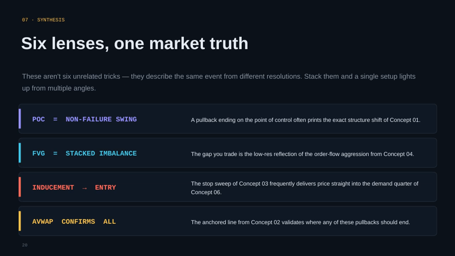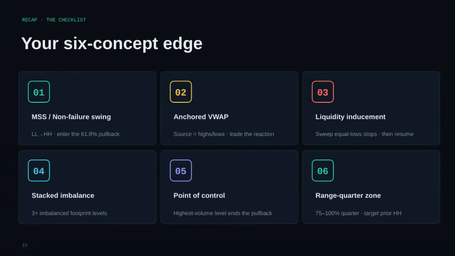These aren't 6 unrelated tricks. A pullback ending on the point of control often prints the exact same structure shift as Concept 1, and the anchored VWAP confirms where any of these pullbacks should end. Your 6 concept edge, recapped: the market structure shift, anchored VWAP, liquidity inducement, stacked imbalance, point of control, and the